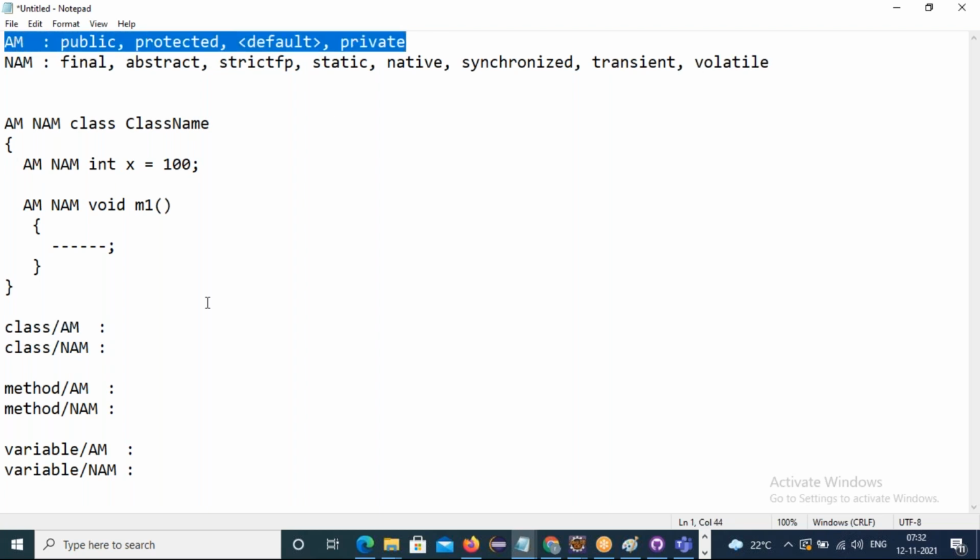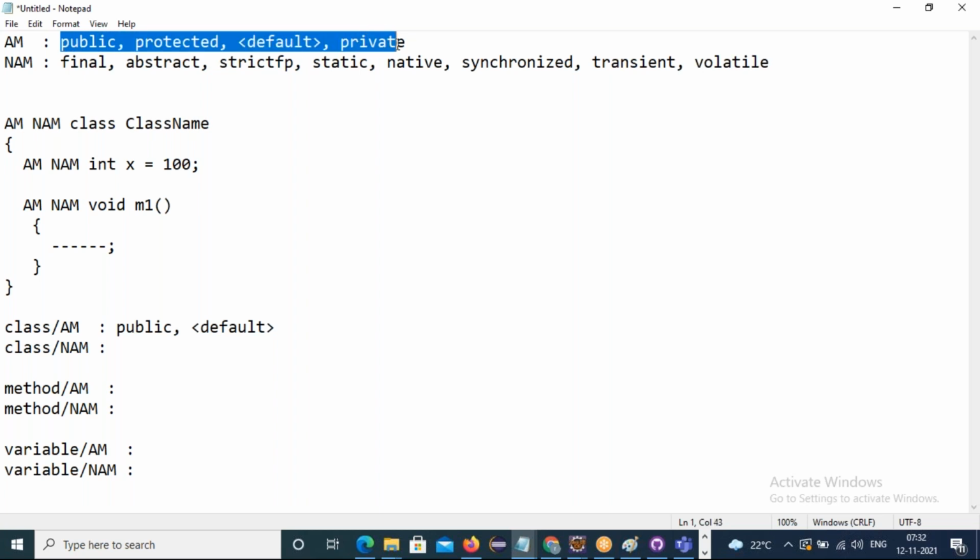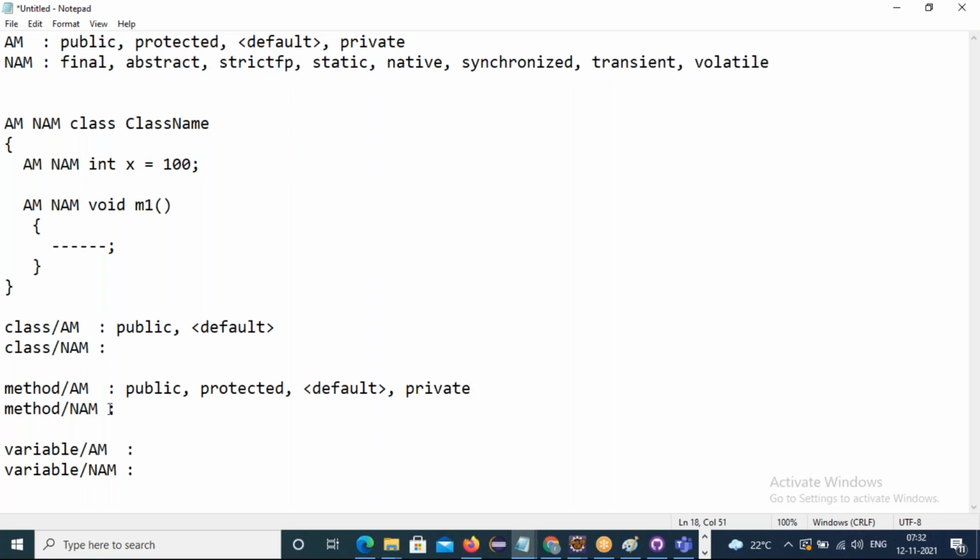Out of these 4, only 2 access modifiers are supported for outer classes: public and default. Coming to the method level access modifiers, all 4 access modifiers are supported for methods. And coming to the variable supported access modifiers, here also all 4 access modifiers are supported for variables.